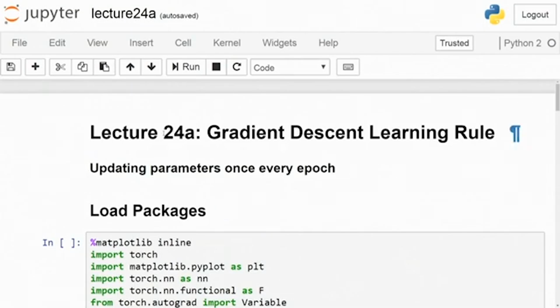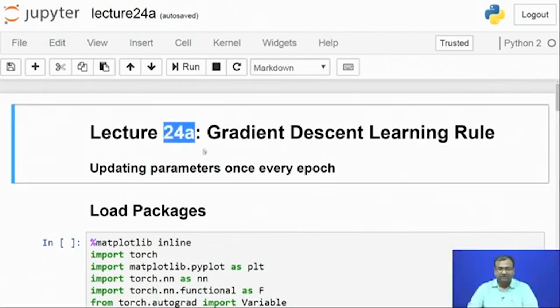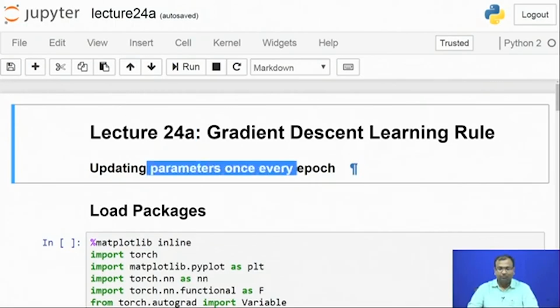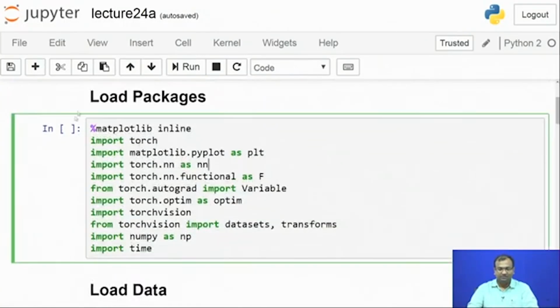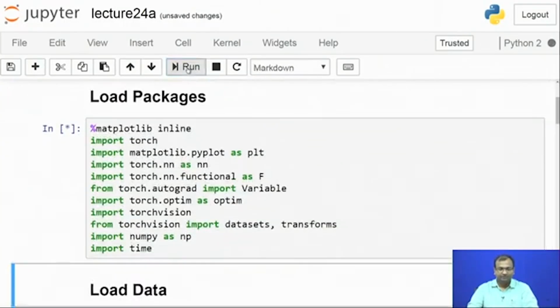So how we have divided is we actually have three subparts of this lecture number 24, which is kept on the JIT release for us. So 24A is to do with updating parameters once every epoch. So this is a scratchpad written for your own understanding of how we change once we do that every epoch. So our customary first part of the ceremony of running any code is